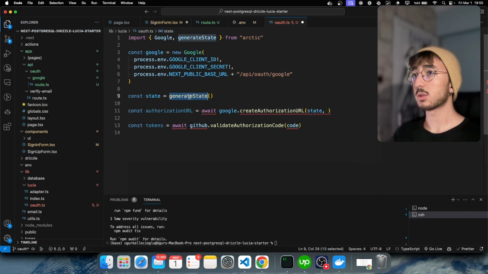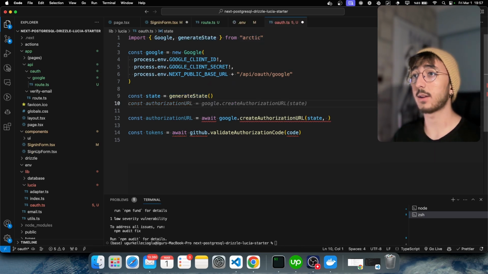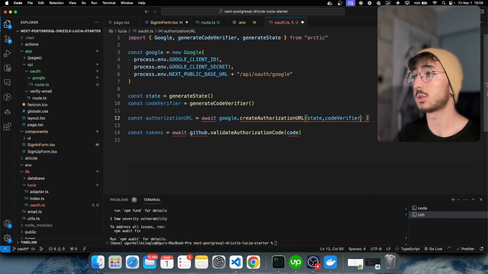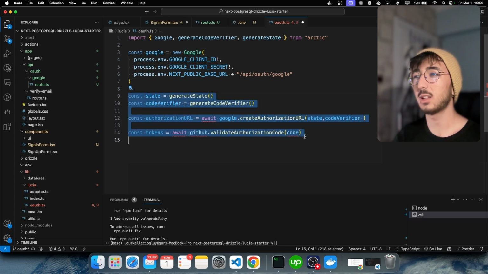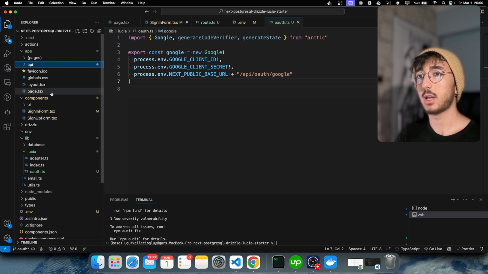And as you can see, we also generate a state, and we will store that state in our cookie. And yeah, we are generating a state. And this function comes from Arctic, and Arctic also has a function for generating a code verifier. So let's call it code verifier. We can pass code verifier to this function. So this part of code is something that we should do in our action. That's why I will cut this part, export this Google object here, and I can now go to my actions